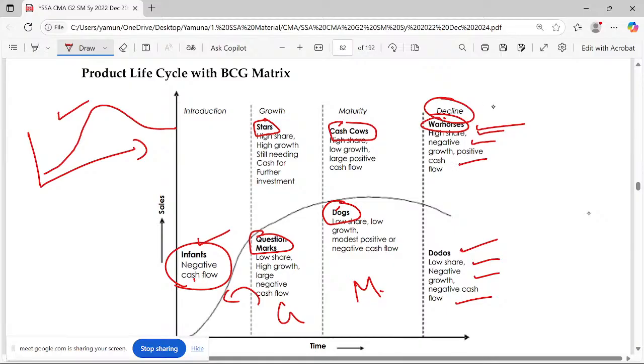Again, you may ask, why are war horses and loaders put over here? Sometimes when you go for this line, it will not actually be touching. It may look as if it is touching, but sometimes it may not be. If it touches the horizontal line, it is a dodo, extinct. If it is not touching, but it is very slow, looking as if it is going to touch, it is called a war horse, which means you may expect a positive cash flow. It's a beautiful concept. Let me come again here.